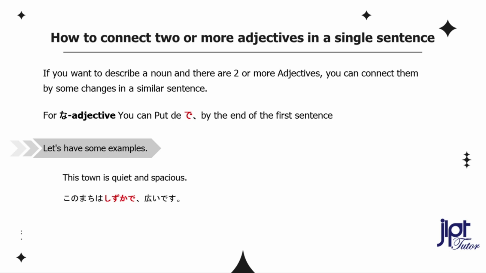For na adjectives, you can put de at the end of the first part and then follow with the second part. I will show you now. This town is quiet and spacious. この町は静かで広いです。